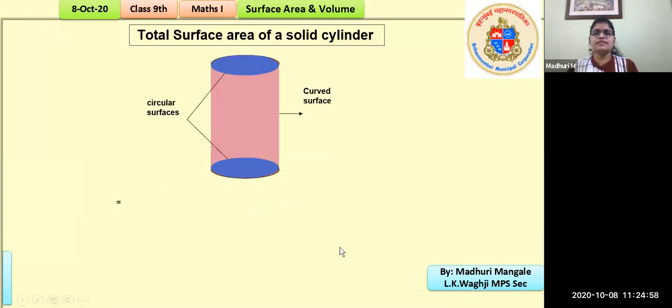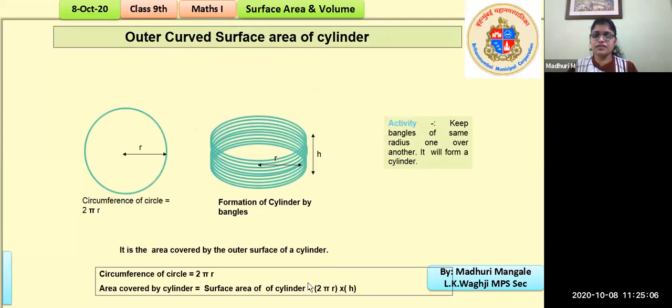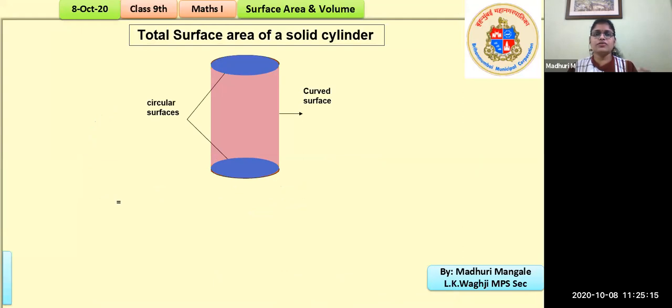So you see in this diagram, we look at the total surface area. How to find the total surface area? We got the curved surface area to be 2 pi r h. Now we are going to find the total surface area. So you can see here the pink part is the curved face, right? And the blue are the top and the bottom, right, students? So sometimes we are just asked to find the curved surface area and sometimes we are asked to find the total surface area. So understand the difference.